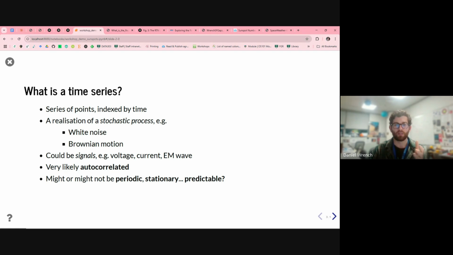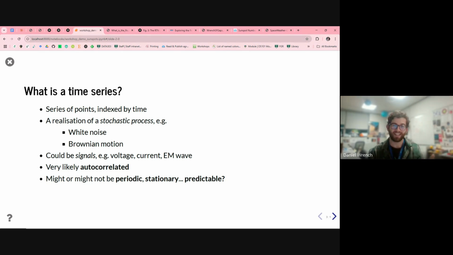So that's what a time series is, as well as that autocorrelation, that's mostly a given for the large majority of time series, other than white noise, the main example, which by definition has zero autocorrelation. These other properties may or may not be part of some sequential observations. They may or may not be periodic. You might see some clear seasonal trends.